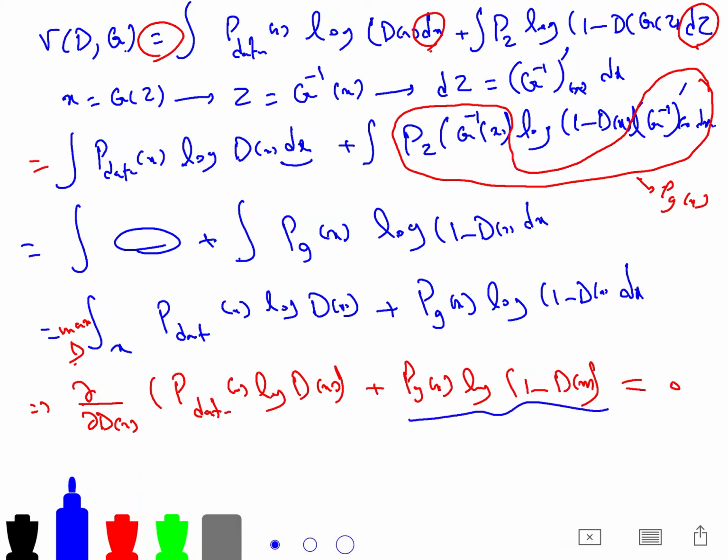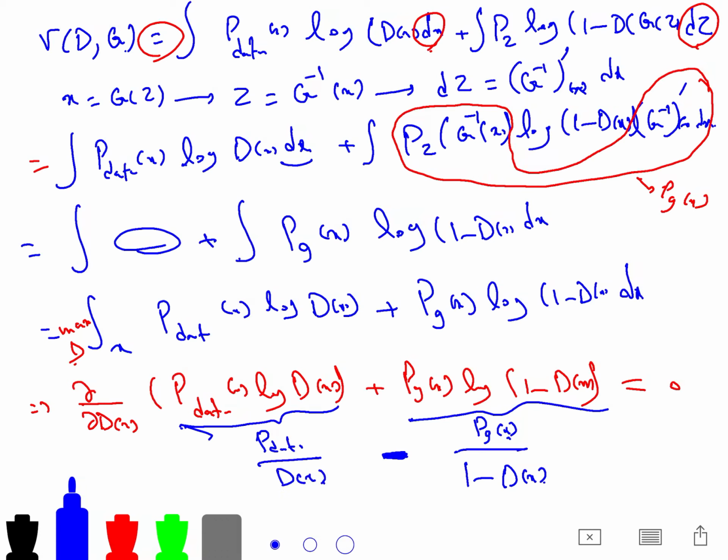The first one, if you take derivative with respect to D, it becomes p data of x, and log goes to the denominator, if you remember from elementary calculus. And this term, if you take derivative with respect to D, you may notice that p data divided by